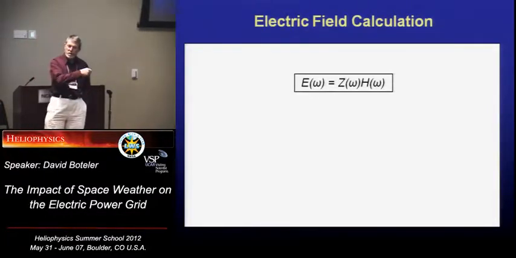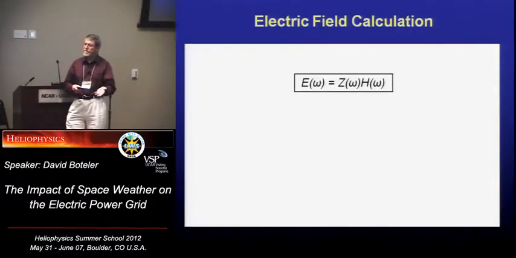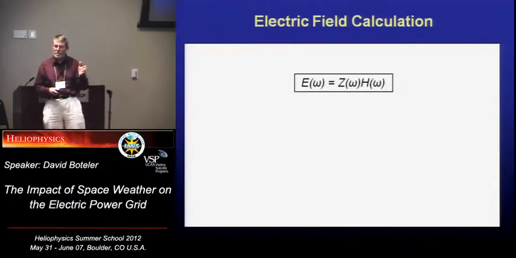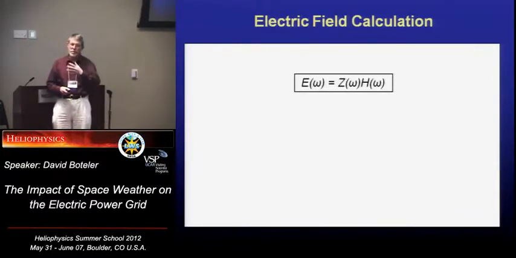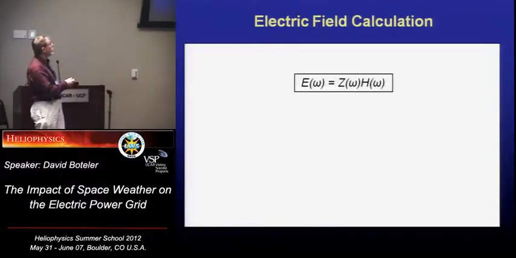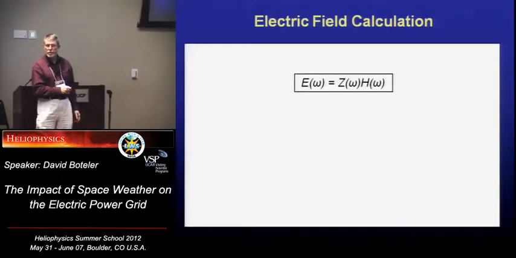And now, in going through all that, as I said, the skin depths vary as a function of frequency. So you repeat those calculations for the layered earth for all the different frequencies across the range that you want. So you can come up with the surface impedance Z as a function of frequency. And so with that, you can easily relate the magnetic field variations, use that with the Z at any particular frequency to calculate the electric field. So that's at the heart of what we're doing.